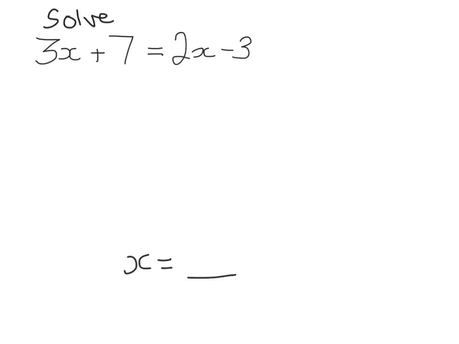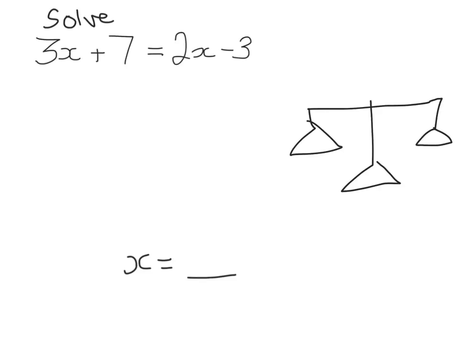Now, quite a useful way to imagine our next stage is to think, because this is an equation, we know that everything on this side and everything on this side are equal. They are worth the same in total, or if you're thinking of them in the real world, you could imagine an old-fashioned set of scales where they both weigh the same, and in this case you've got 3x plus 7